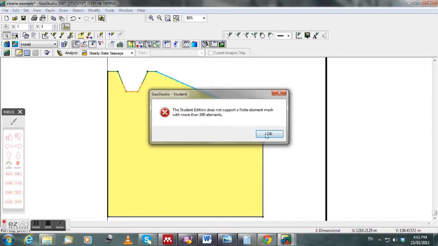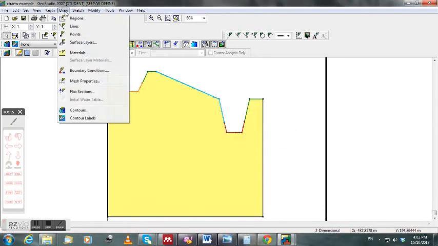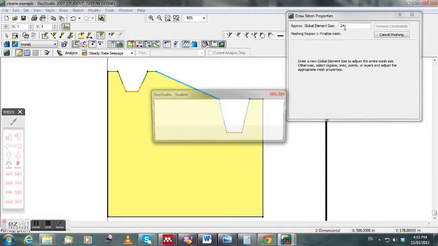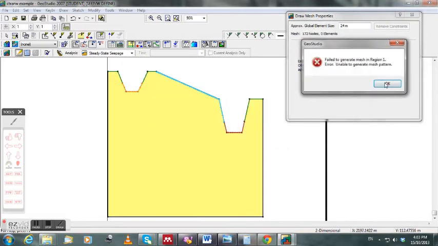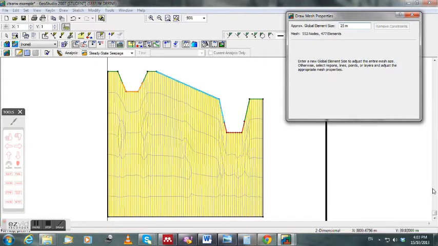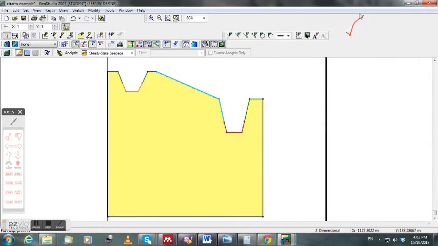So same as the previous one, if you click on save, you have the same problem for the elements. You can change this element size again to something else to reduce the element numbers. So if you change it to 25 again, you'll have 477 elements, which is fine. Click on save, go to key in to